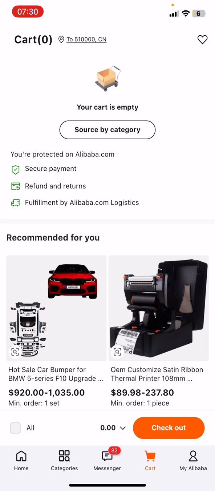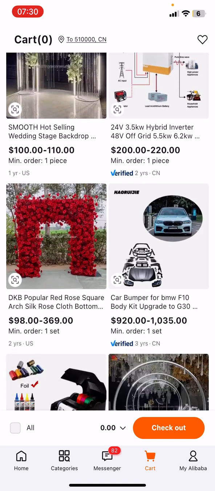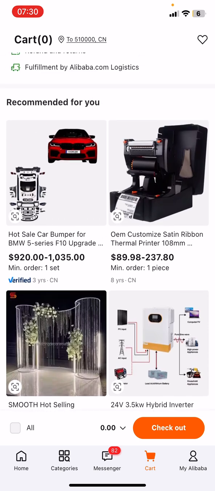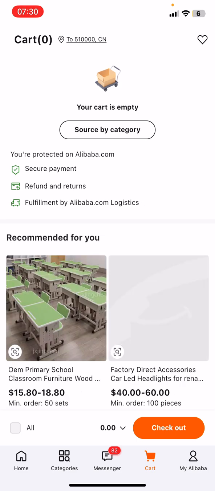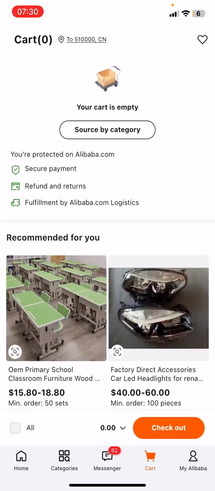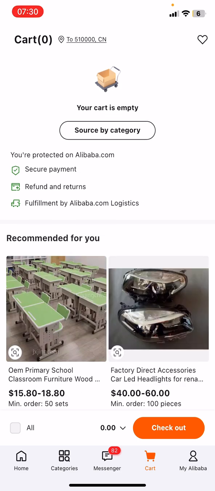But I always suggest, before you make any purchase, always message the supplier first. You need to make sure you confirm the pricing. You need to find out the cost of delivery to your shipping agent before you pay, because